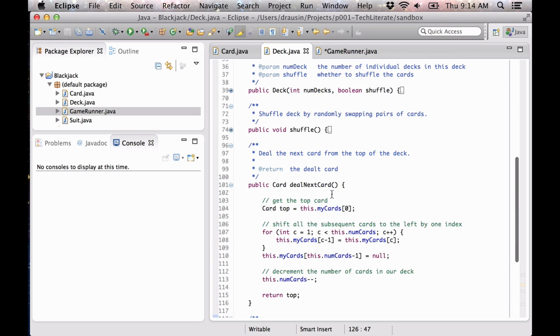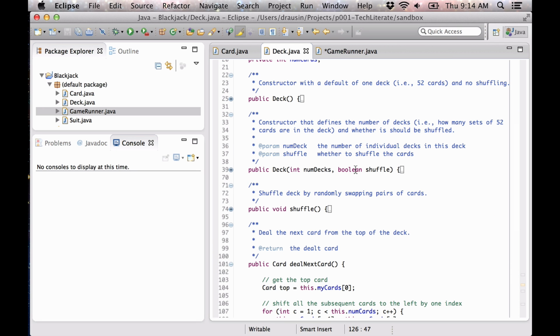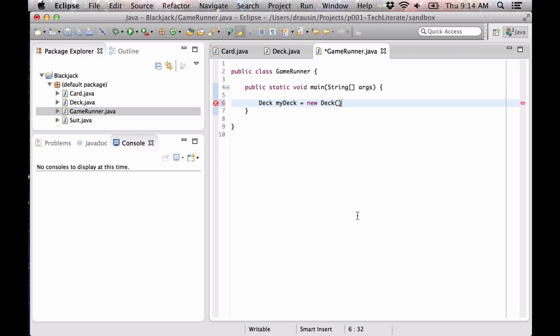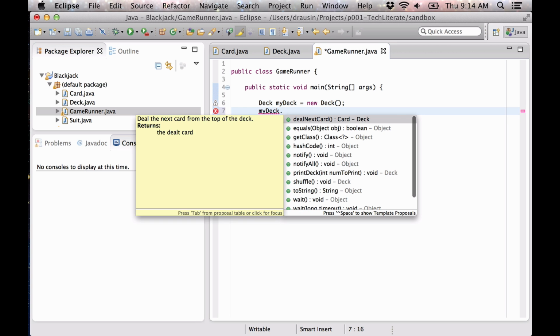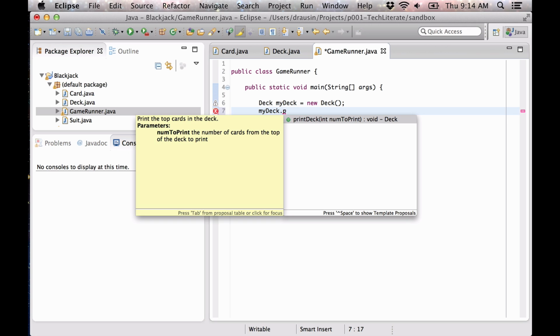And remember that our deck takes a number of decks and it takes shuffle. So we're going to say 1, and let's first not shuffle it. And again, let's just give the no args. All right, and then we're going to go my deck dot print deck, right? And you'll see